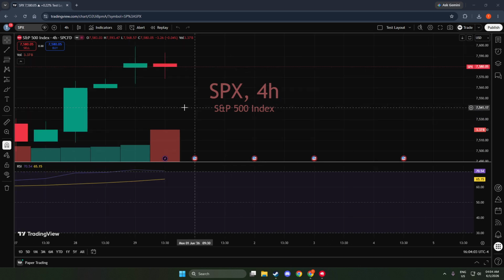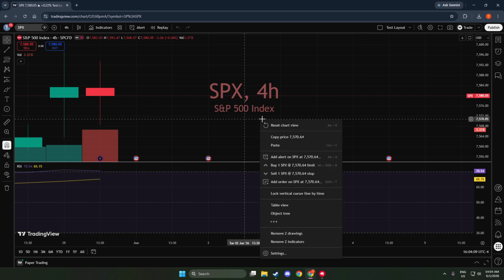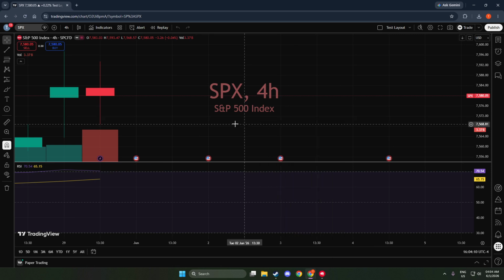Here's the idea. When you've panned too far, zoomed deep into the past, or accidentally resized the price scale, your chart can feel impossible to manage. The Reset Chart View command tells TradingView to automatically recenter and rescale your chart so the most relevant data is visible again. Think of it as a clean slate for your current chart window, not a reset of your entire workspace.